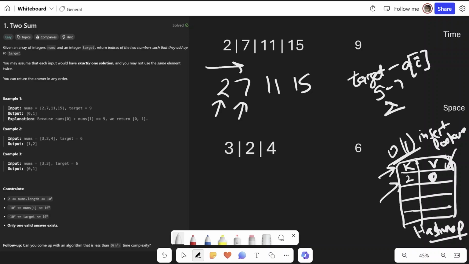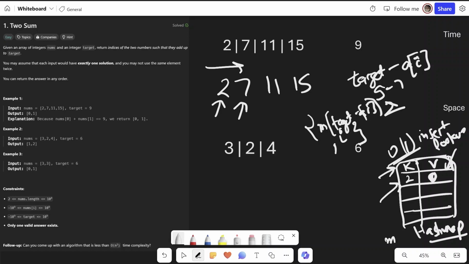So what I do is I'll return the value from the hash map. So consider this hash map name is m. So m of target minus a i, and which is the current value i.